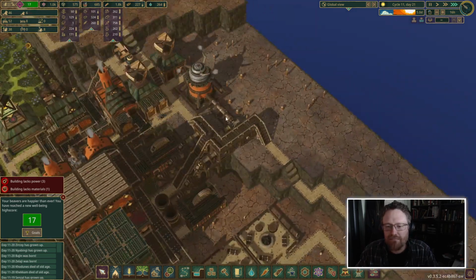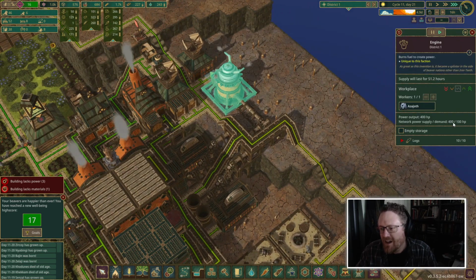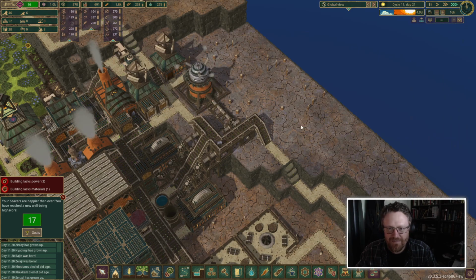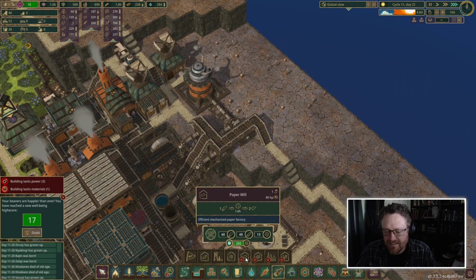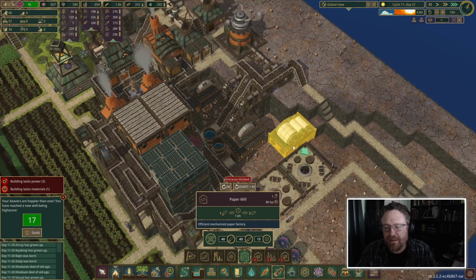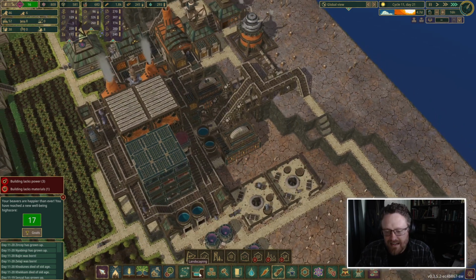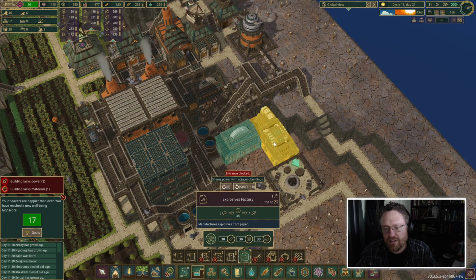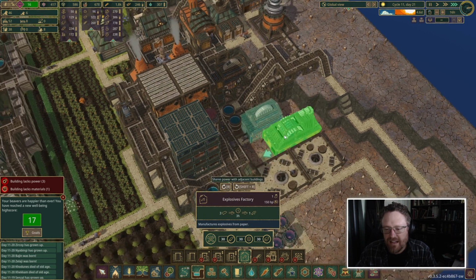And since we've got way more capacity right here, we've got a demand for 100 horsepower from these two lumber mills, but we're providing 400. And what does a paper mill cost? Let's see. Paper mills cost 80 horsepower, so they don't even need that much. So let's build a paper mill, and next to our paper mill, let's also build an explosives factory, which turns paper into dynamite. So the explosives factory is...